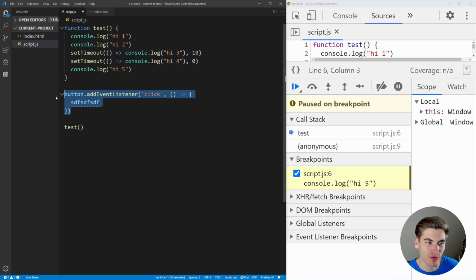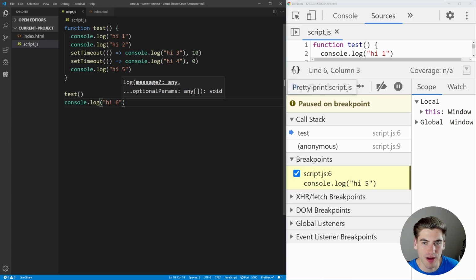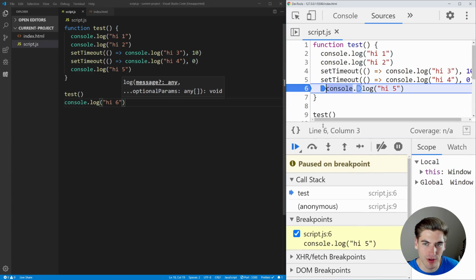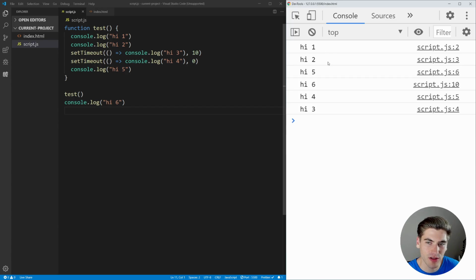In order to see this a little further, let's just come up here and put some console logs down here. We can say console.log high 6. And now if we save, get rid of this breakpoint that we set here, refresh our page, go over to the console, you can see it says high 1, 2, 5, 6, 4, 3. Again, this set timeout cannot run until our entire call stack is complete. And this console.log high 6 is inside of our script.js file, which is the bottom thing of our call stack,